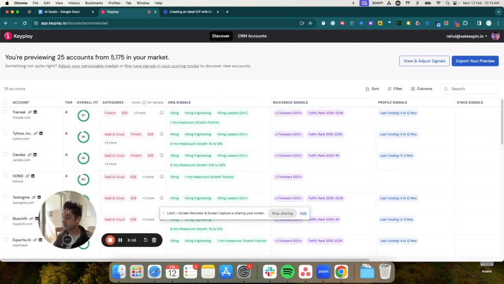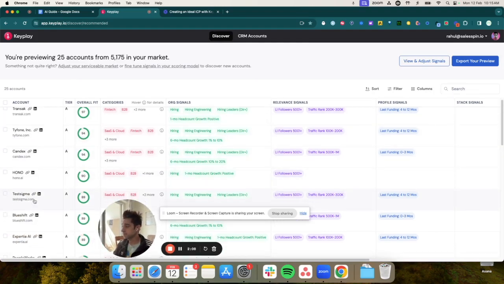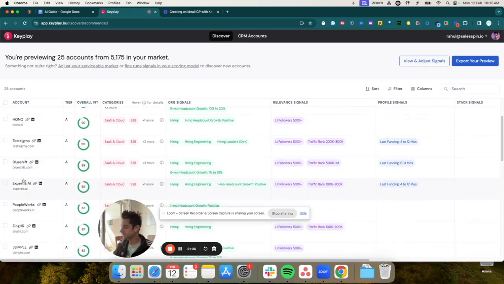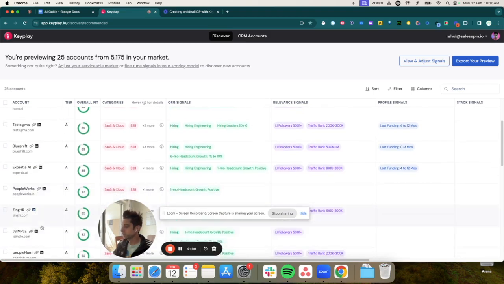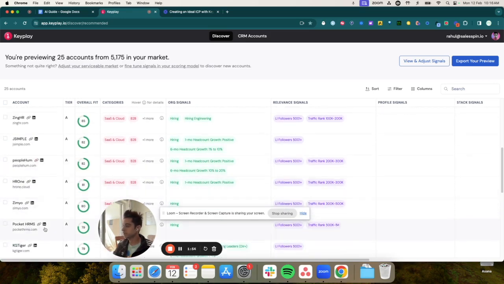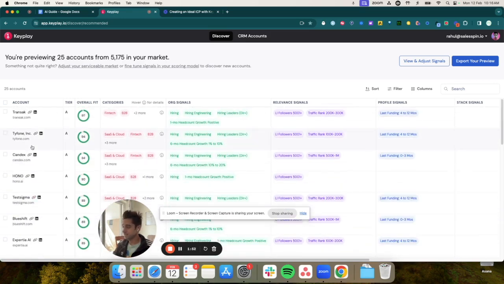Now, these are actually the right accounts, because I know for a fact Test Sigma is hiring, and I know Test Sigma has an SDR. PeopleWorks is another company similar to Keka. Zing HR is similar to Keka. HR1 is similar to Keka. PeopleHum is one. Zimeo is one. Pocket HRMS. All of these are good lists. Okay. However, now what you need to do next is